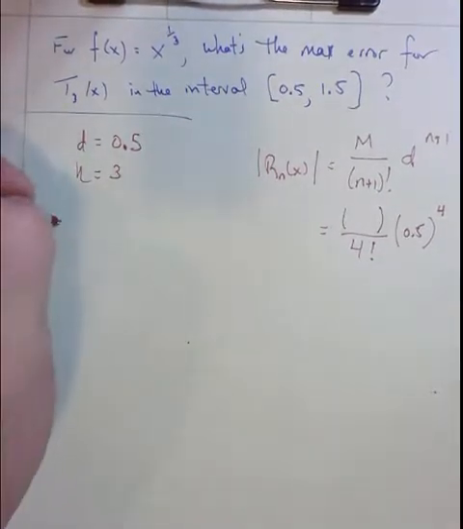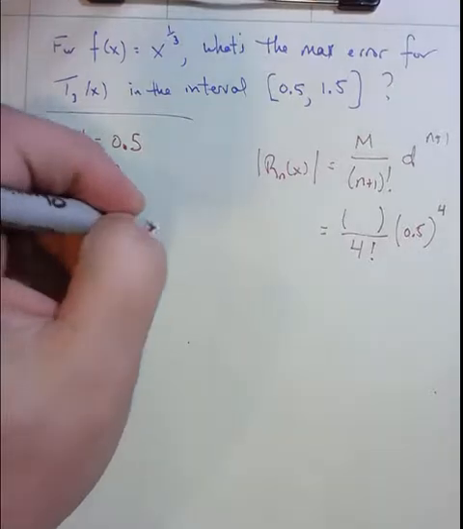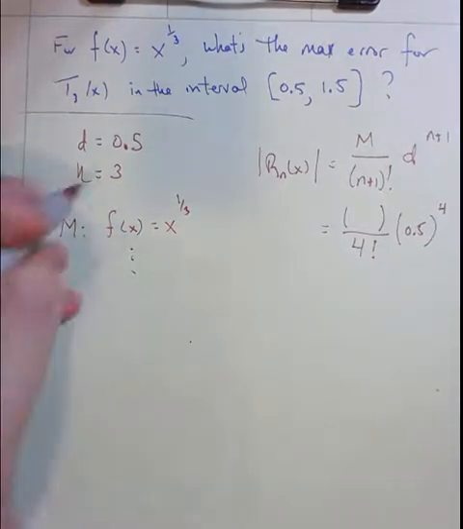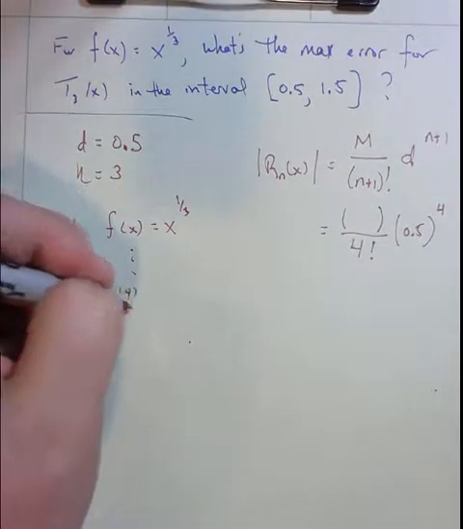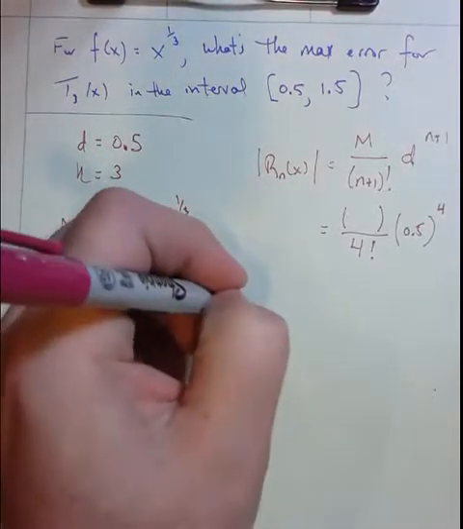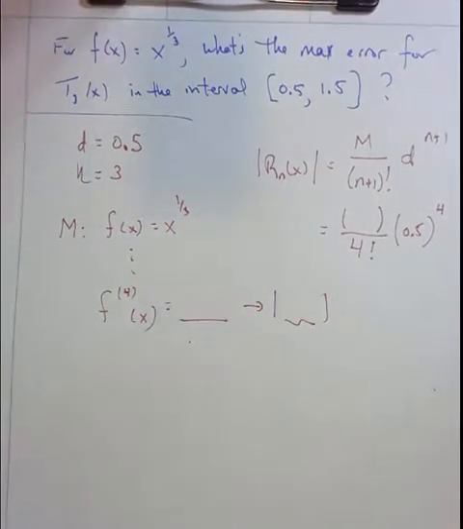Okay, and remember, m is an upper bound that comes from the fourth derivative on the interval. And so our function is the cube root function. We need to go down to the fourth derivative. N plus 1 is 4. We need to go to the fourth derivative, and whatever that looks like. And then we need to take the absolute value of that and find a cap, a numerical cap for that function. So in order to get that done, I'm going to hop over to Maple and have Maple help me with